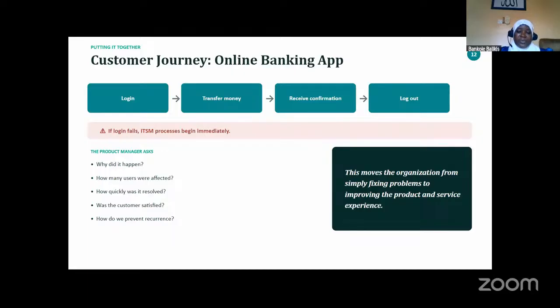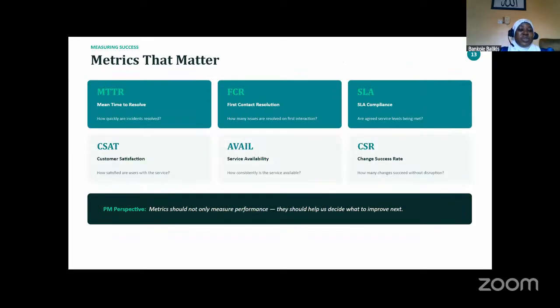So ITIL 4 helps to provide the guidance for managing that service that we are providing, while product management helps to ensure that that service continues to create customer and business value. So the metrics that we need to understand when talking about ITSM and ITIL 4,